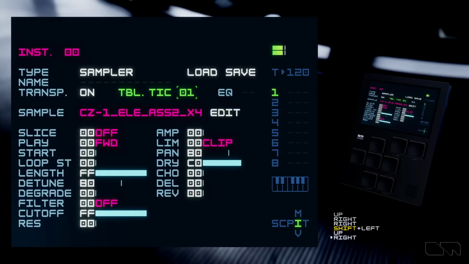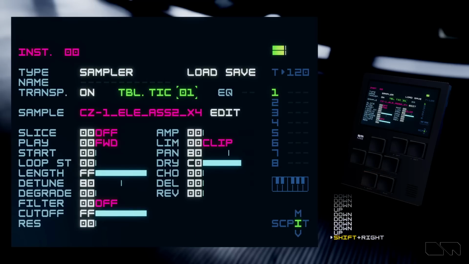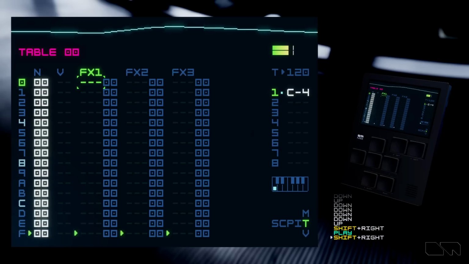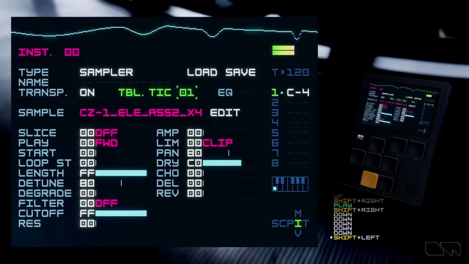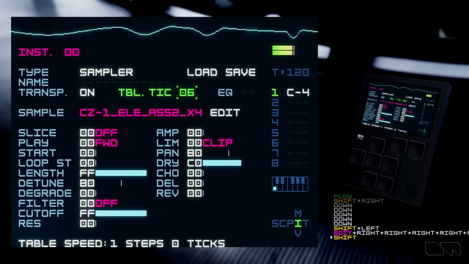And for those that don't know what ticks are, they are the smallest unit of time in M8. And there's 24 ticks per quarter note, which basically means there's 24 ticks in between this first line here and the fourth one. And right now the table by default's running at 1 tick per row, so it's just screaming by really quickly. I'm going to set this to 6, which you can see at the bottom of the screen there,